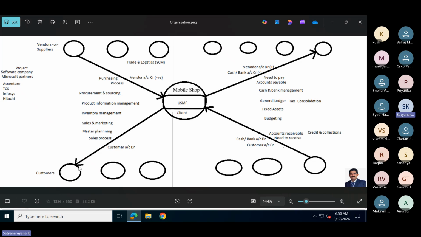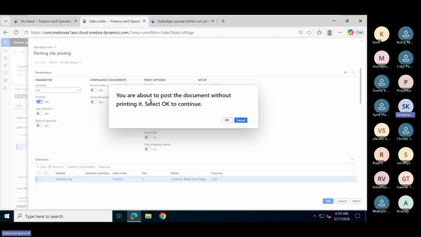Whereas in this sales order process, your company is giving the document to the customer, so you must take a printout. It is reminding you that you missed the printout. In a real-time scenario, I will have a printer connection and take a printout. For practicing purposes, it is not required. I'm proceeding.